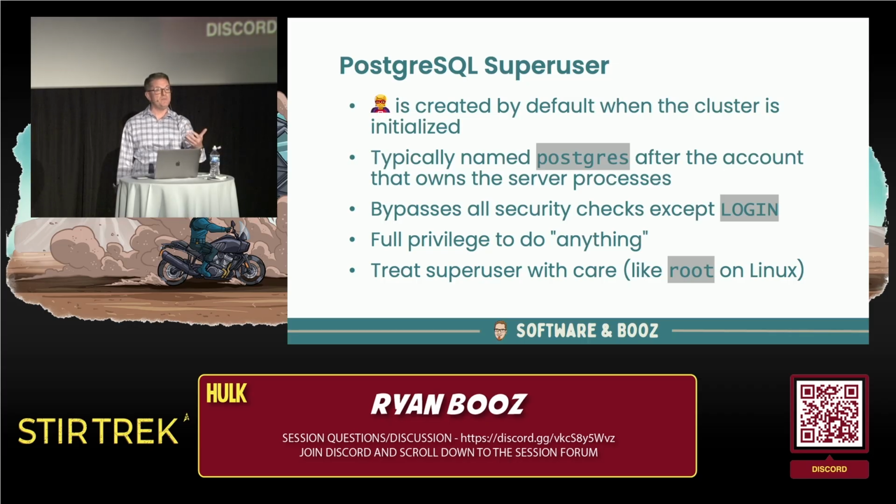So as part of the server being created, after it's installed, the first role that gets created is a super user. And it is kind of necessary because we need a role that can do things like create other roles and create databases and do things. However, the super user process role is essentially an if statement in code. As long as they can authenticate, anywhere in Postgres that a role would be checked to see if it can do something, it says, essentially, if super user or has this privilege, and just lets you do it. So as a super user, you have complete control over every database, every object, everything.